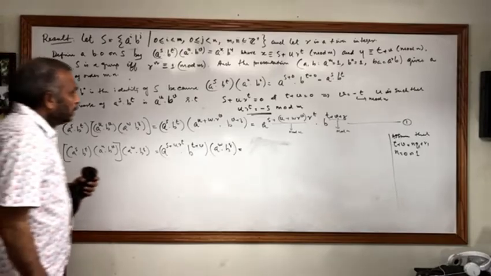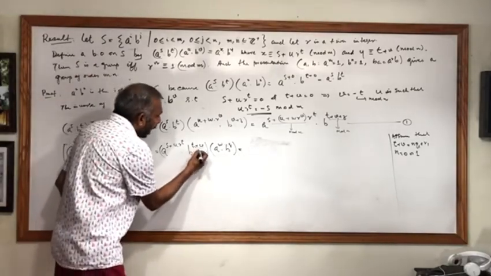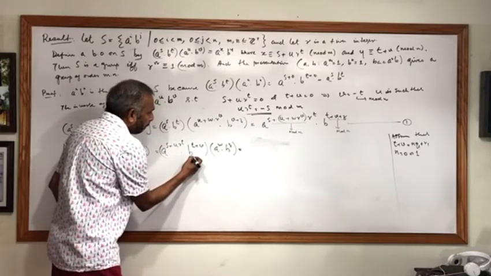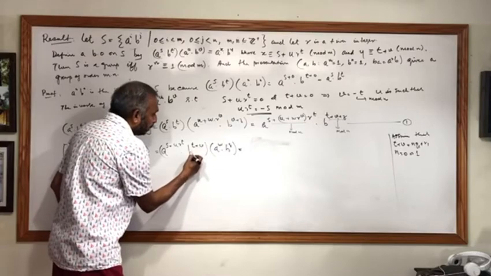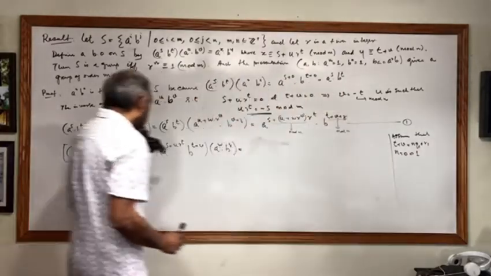Okay, so this is actually mod n. So b to the power of t plus v will become b to the power of r1 whenever it is necessary. So this is going to be